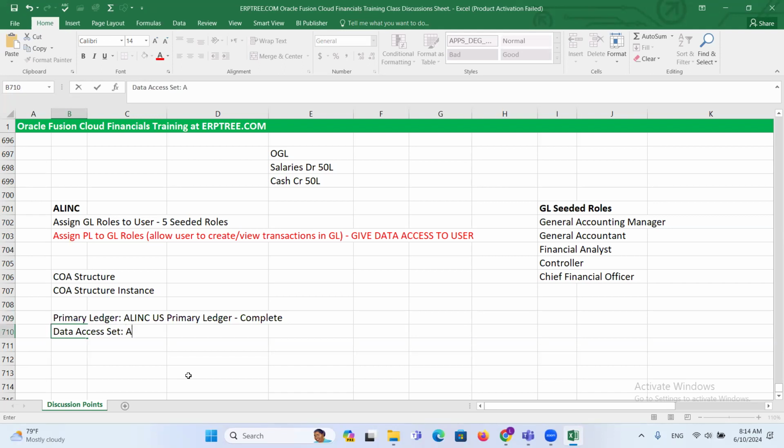And how it will create with the same name, INC US primary ledger. When we talk about chart of accounts, we are copying and creating a chart of account structure instance. Structure we are copying and we are calling as instance. When we complete the primary ledger,